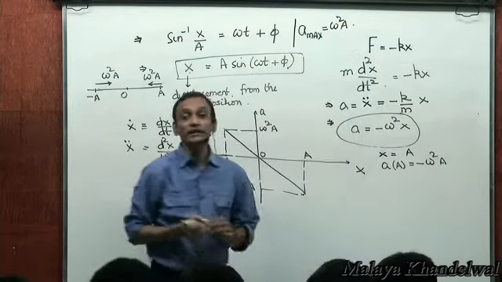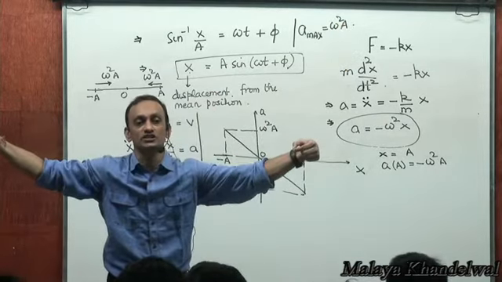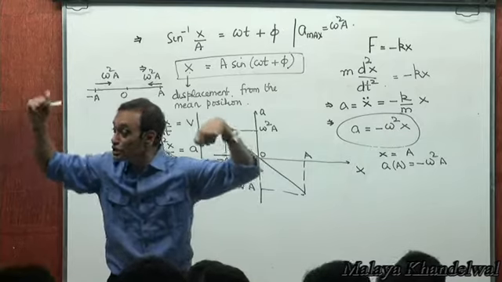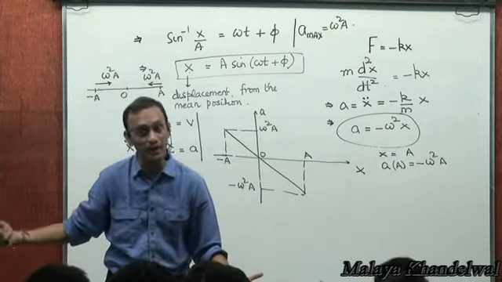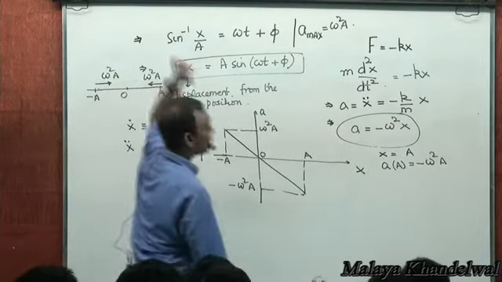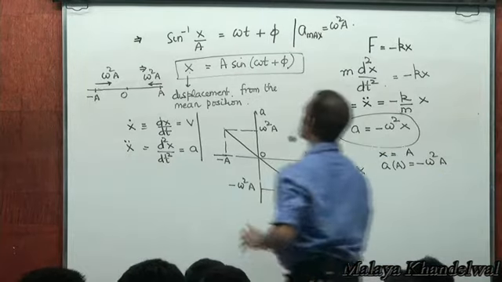And where does it happen? It happens at the extreme positions, at the amplitude positions. You get maximum acceleration of the particle, right? Also, notice